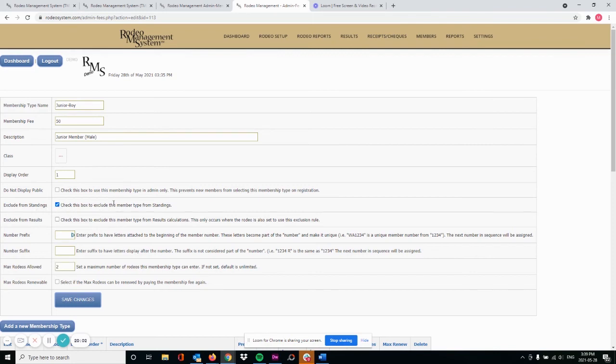So you would set up a permit similar to that. And you can also choose to allow the member to renew their permit membership, but they would be paying that membership fee again. And that would allow them to keep that same member number. It would reset the rodeos allowed, it would reset the number of rodeos that they can enter going forward to 0 again